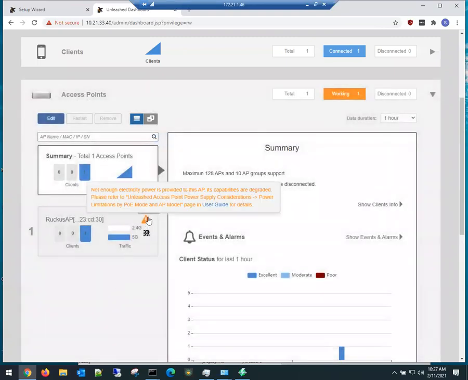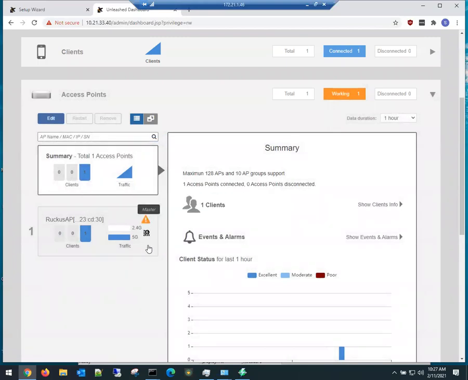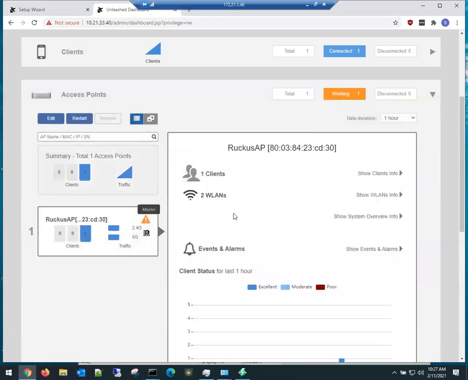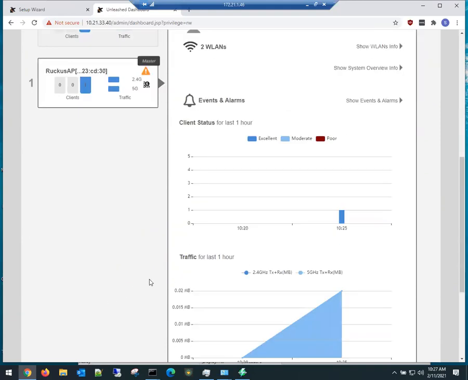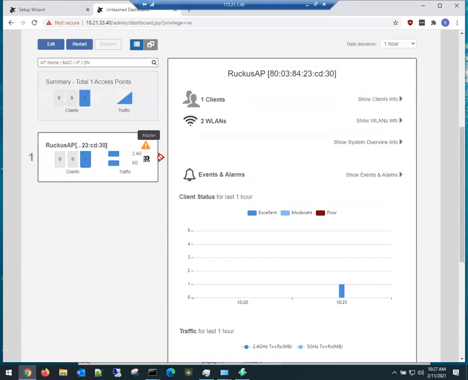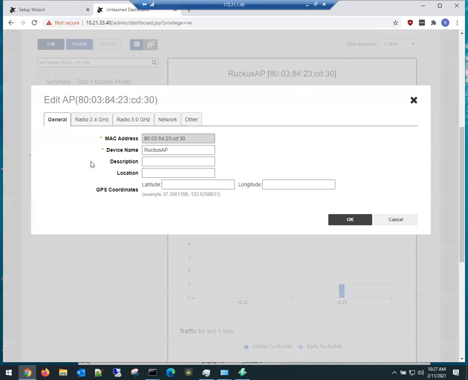Okay, what is this complaining of? Not enough electricity provided. Okay, it doesn't like the power injector that I'm using, and that's kind of cool that it actually sees that. Yes, I'm running a non-standard PoE injector for this, and it looks like I'm not going to want to do that anymore. I can get specific on the AP and make some changes, which I'm going to show you what I recommend. So you can obviously change the name of this device. We're going to call this the R550